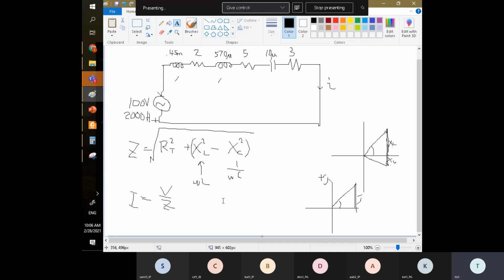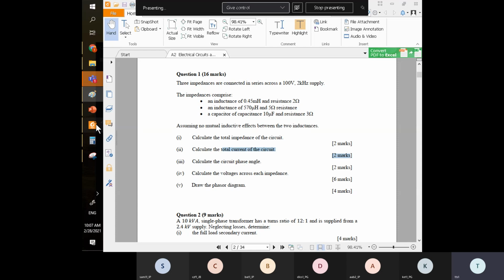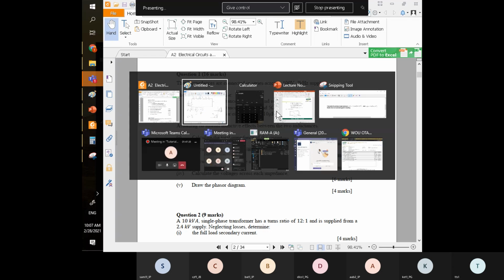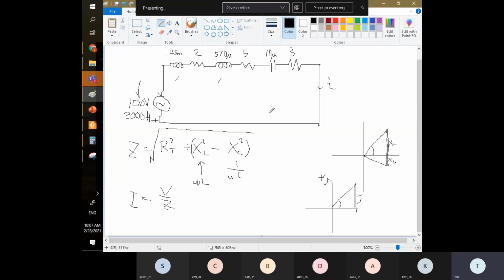So let me confirm to you. Right now, this one is the Vmax. Actually, this is a Vmax. The question didn't say very clearly what this 100 volt is. Is it RMS or Vmax, V maximum? And what we need to clarify here is the